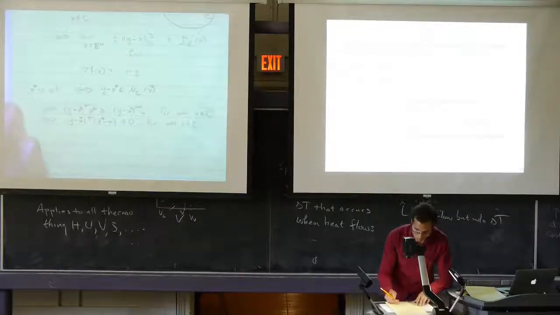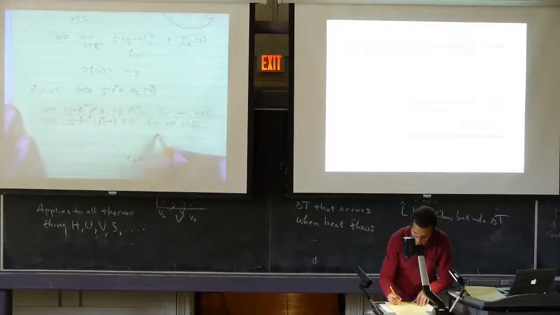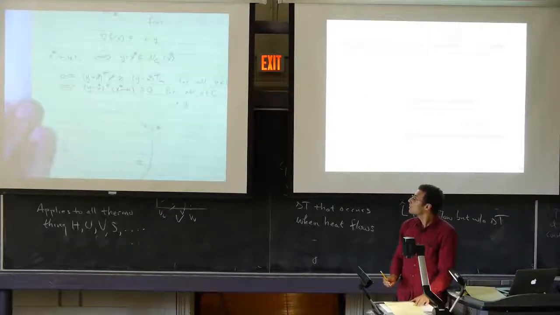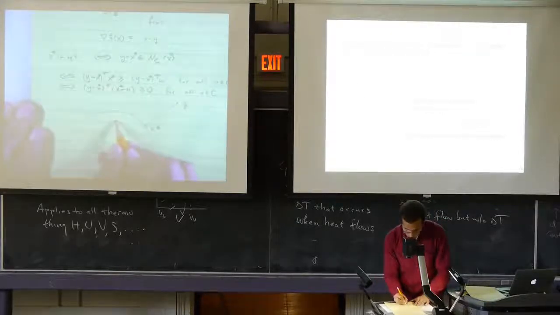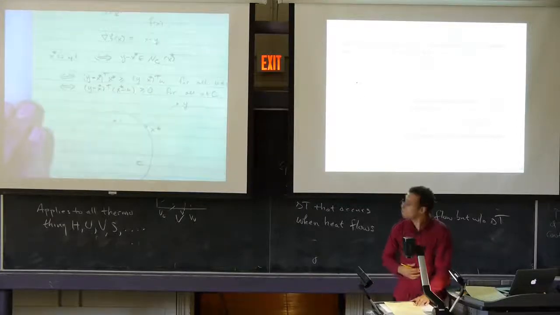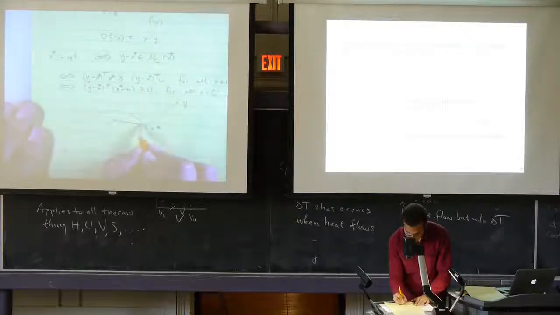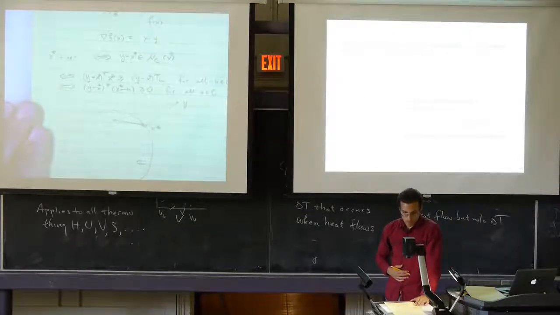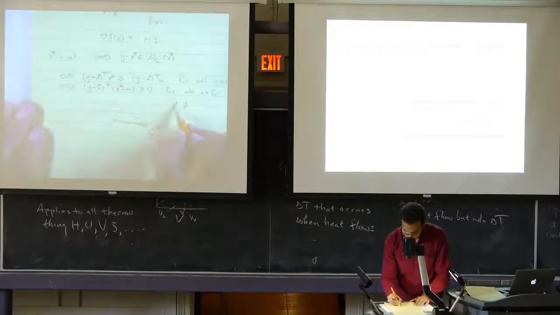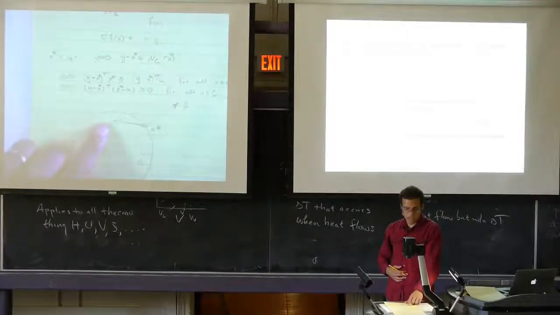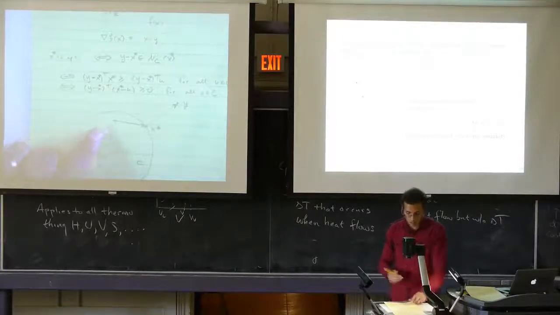So let's draw a picture of what that means. I'll just redraw that convex set. I said that a point x star is the projection of y onto the convex set C if and only if this is true. So let's pick any other point u in C. And let's draw the vector x star minus u. That's this guy right here. I have to have the property that the line pointing from x star to y has a positive inner product with any of these vectors. Right? And that's true